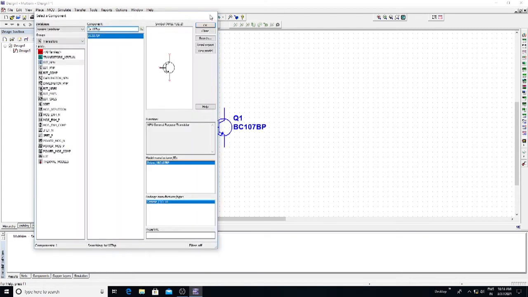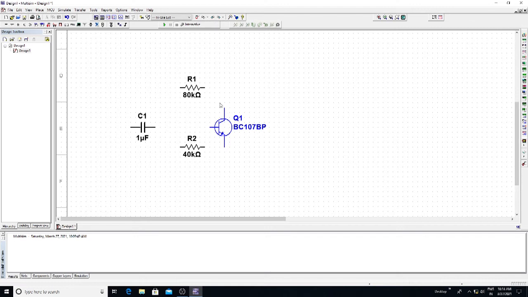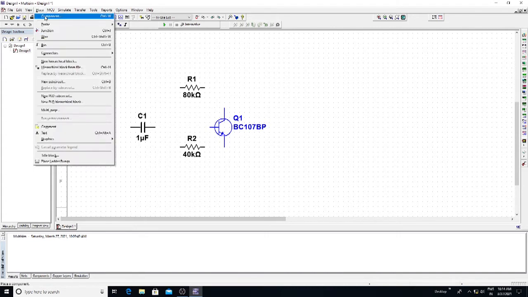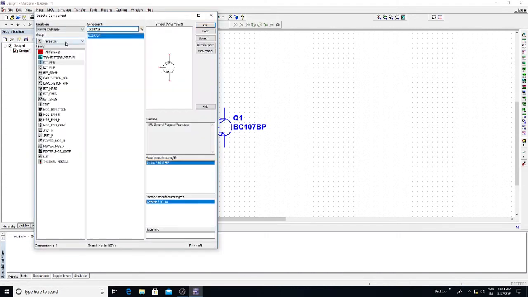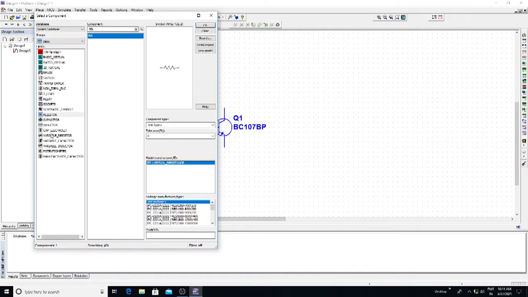Next we have a collector resistor, as well as an emitter resistance and capacitor. Choose the collector resistance, which is 4 kilo ohms. Again go to Place, Component. In the group, go for Basic. In Basic, choose the resistance and give the collector resistance value of 4K.